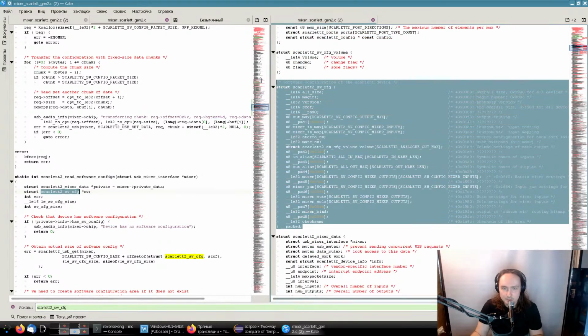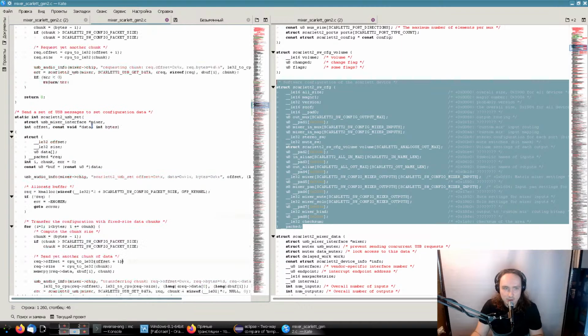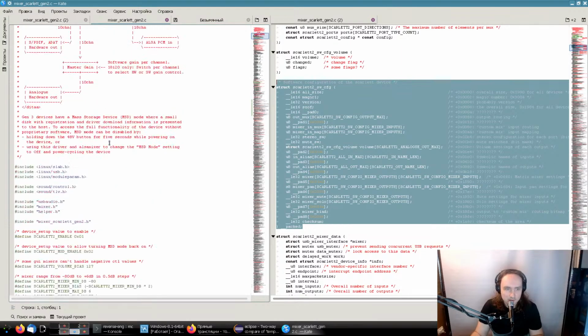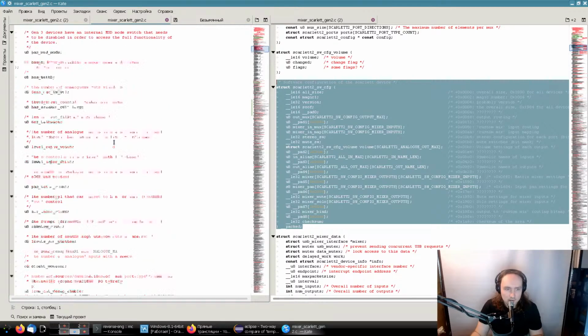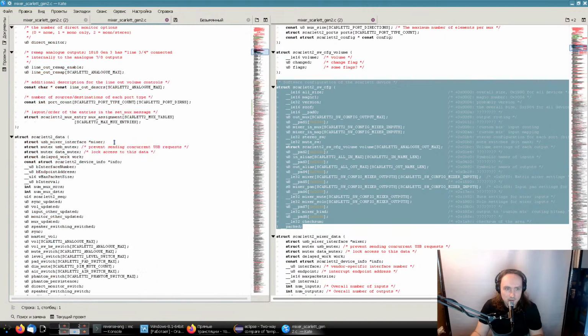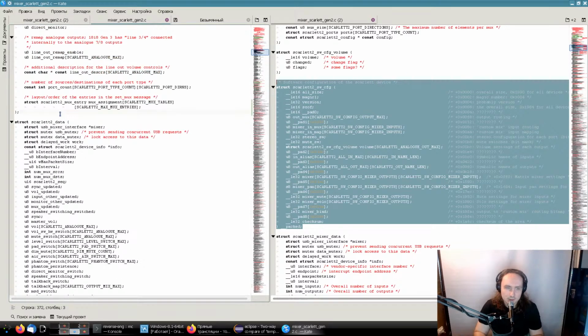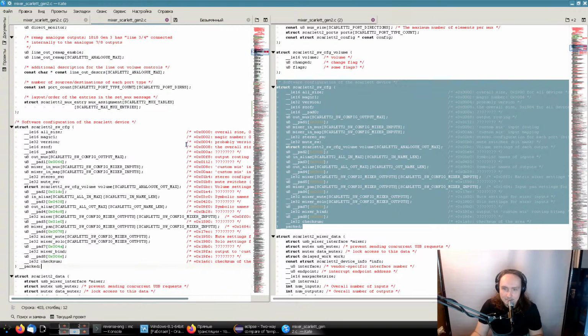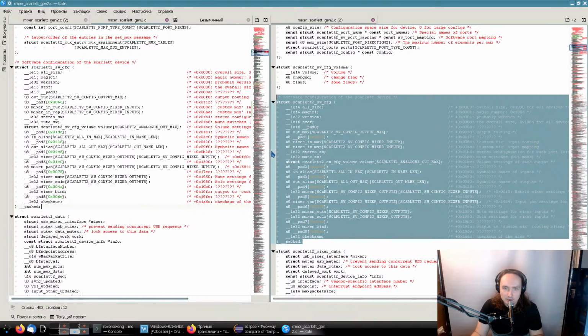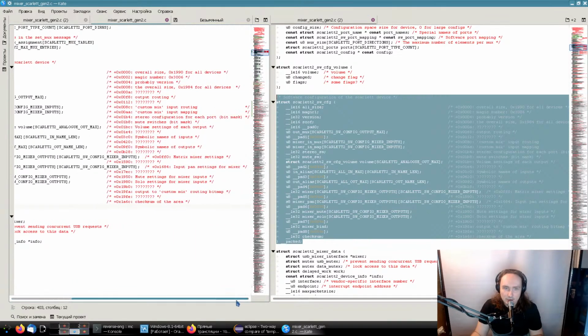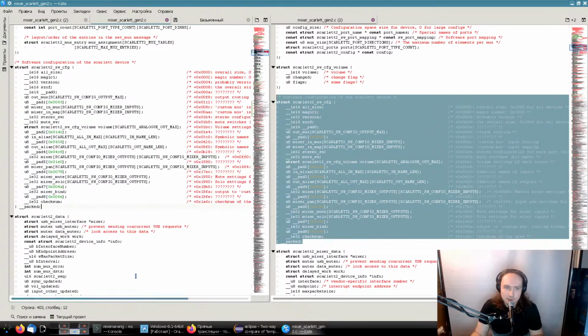Here it is. And we need to copy and paste it somewhere at the top, before the Scarlett 2 data. That's right. Here I've left an explanation of each field. The only problem is that there are many constants and we need to check if these constants are present. So